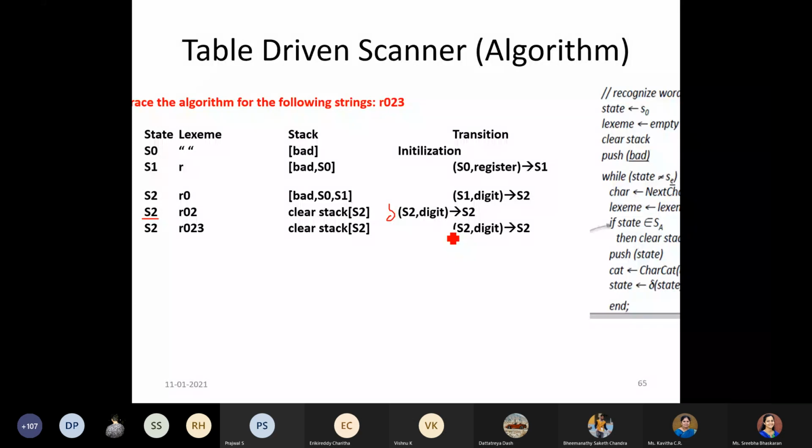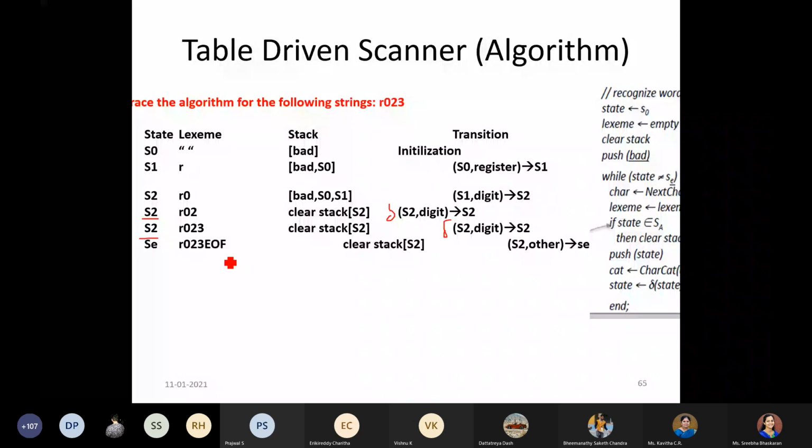We take the transition with respect to our previous state, S2, and other, since EOF is considered as other, and we reach the error state. So once we have come across this error state, we come out of this loop.